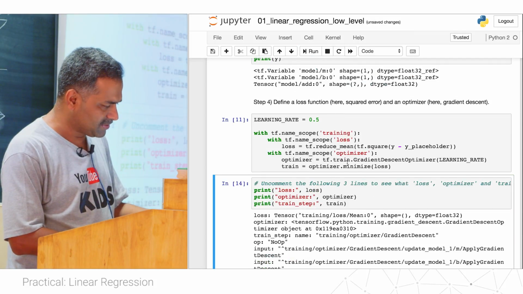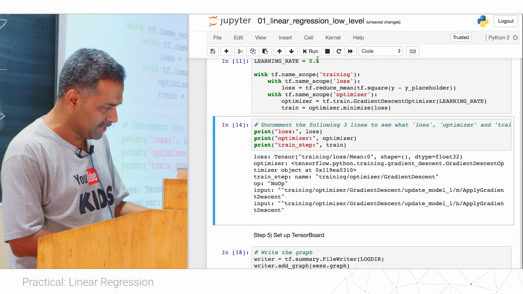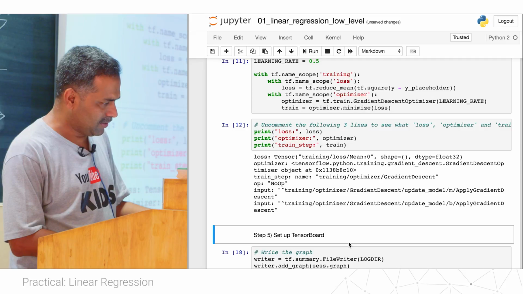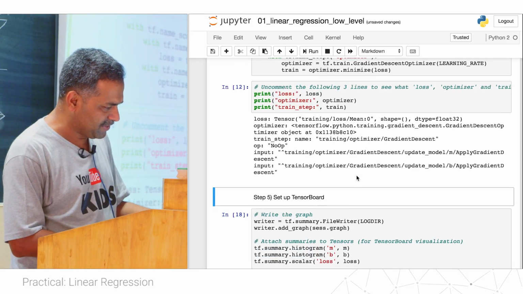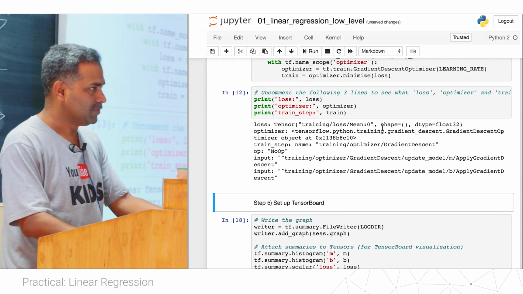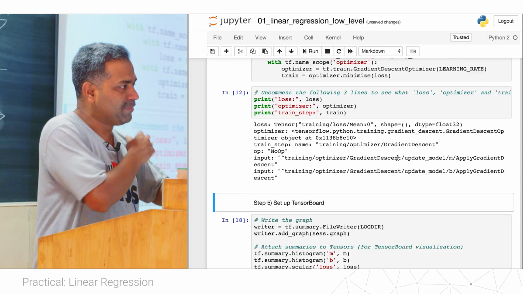Now you can see that this is training optimizer gradient descent update model. So you now see the names in a hierarchical fashion. There is a scope training. Within training, there is another scope loss. Within that, there is mean 0. So you can see with scoping, we are getting a much better naming convention.